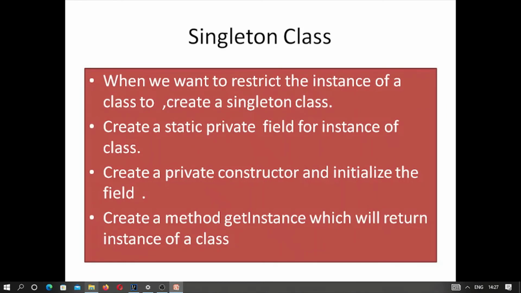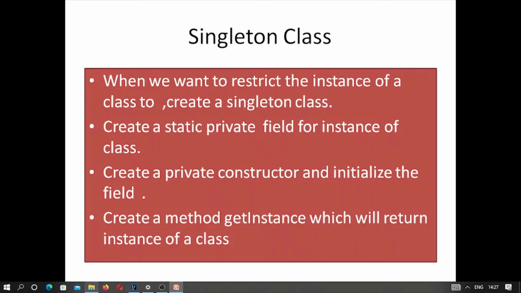So each time a person accesses his account from one place, the database connection is created, and only after completing the transaction will the next database connection be created. Otherwise, since one connection is created from one place, no other connection will be created.